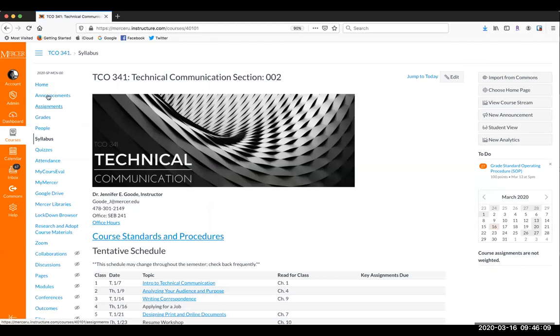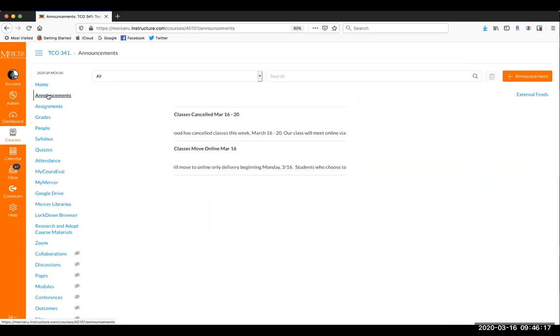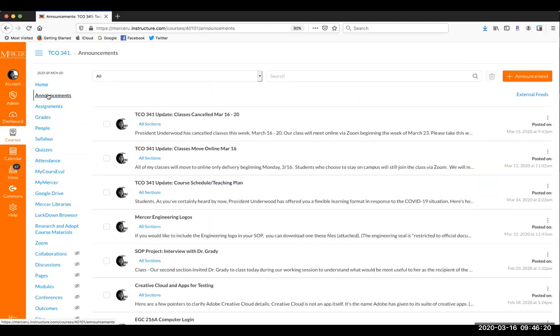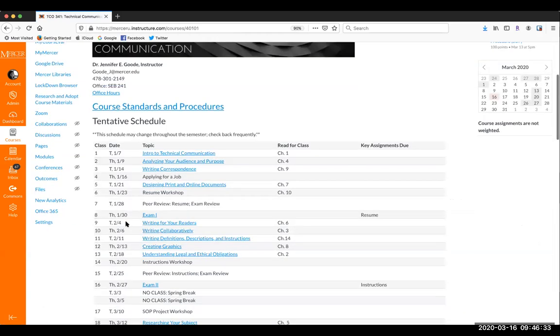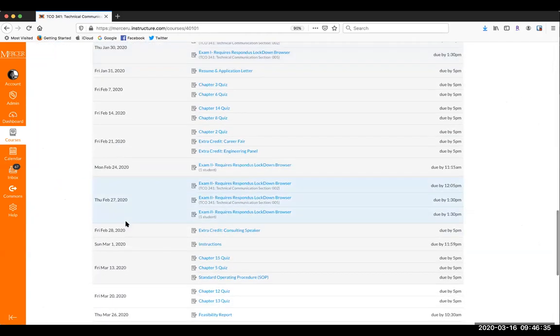The announcements link just beneath it is the best and easiest way to post announcements to your class. Not only are students automatically emailed a copy of announcements posted here, but they can also access a list of past archived announcements by clicking this link. The syllabus link shows the syllabus for your course. Along with it, at the very end, is an automatically generated list of all the due dates based on the